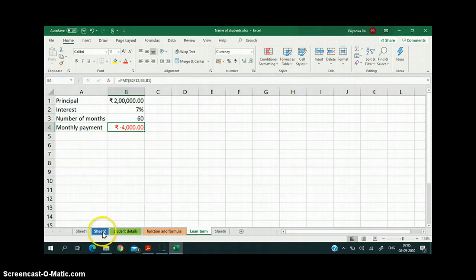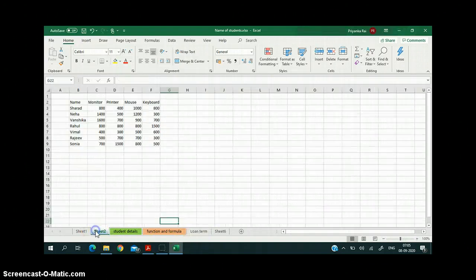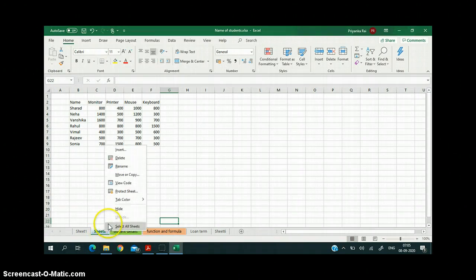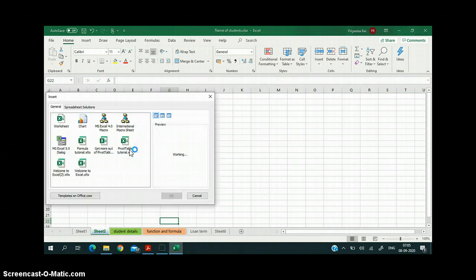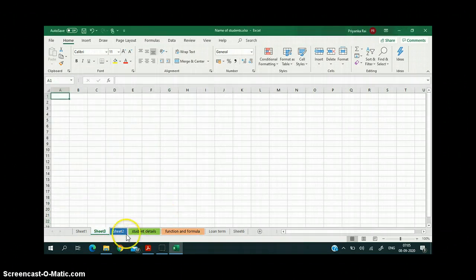Now adding a worksheet. How can we add a worksheet? Like this is sheet 2. I am on sheet 2, and just next to this sheet 2 I want to add a sheet. So what I can do, insert. I'll go to insert, a simple worksheet. You can add a number of things, but I'm just adding a worksheet, and you have to click OK. Now a sheet has been created just before the sheet which I was working on.